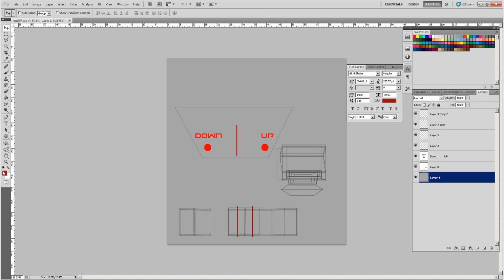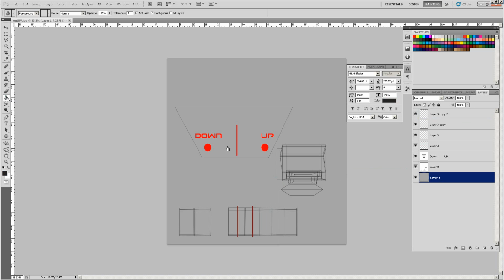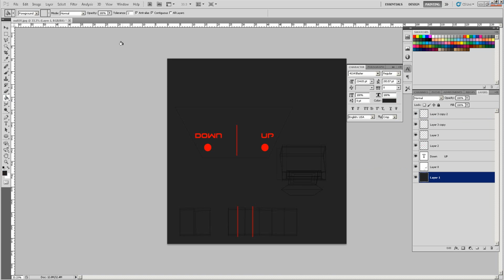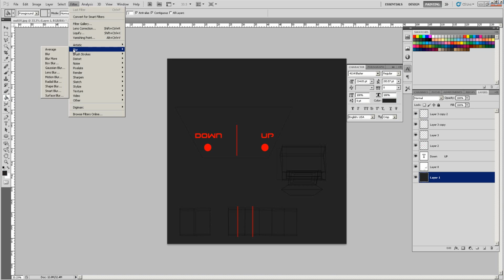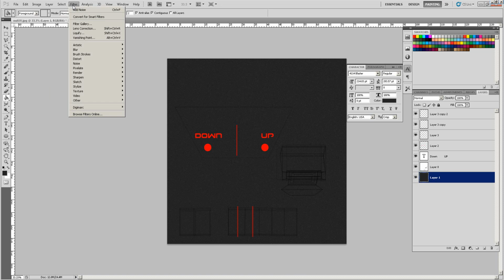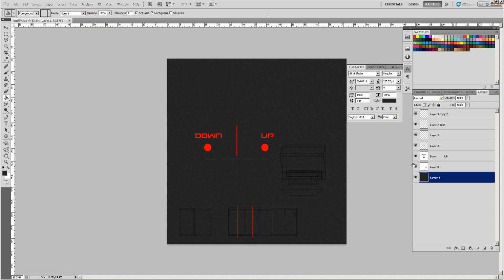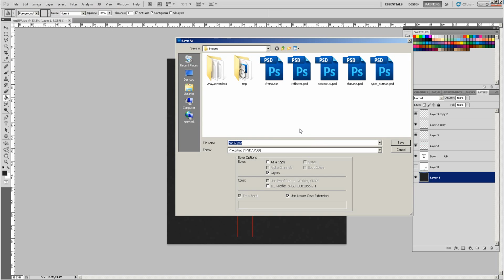Okay, now I'm going to darken this back down. I don't want it black, I want it really dark grey, so I'm going to choose something like this and drop that in. And I'm just going to add a little bit of noise, not much, and then I'm going to go to Gaussian blur. I'm just going to blur it a little bit. Okay, that'll do. Then I'm going to turn this layer off and I'm going to save it as